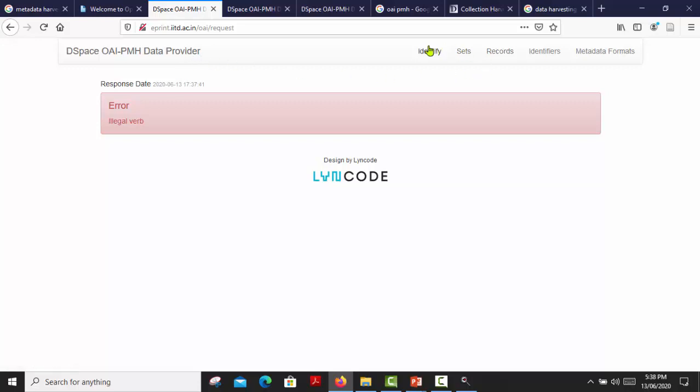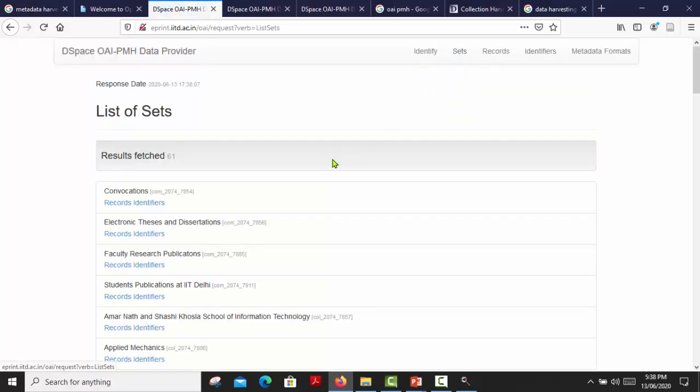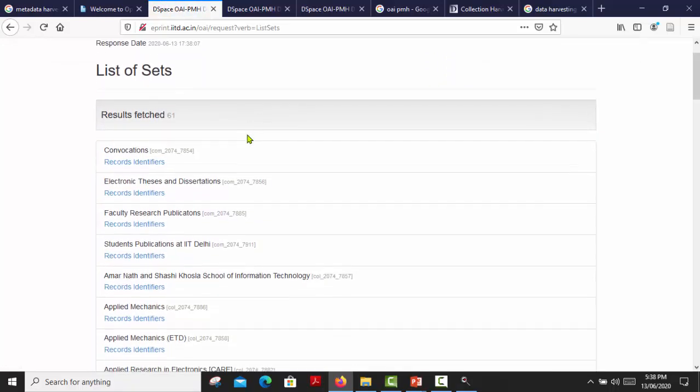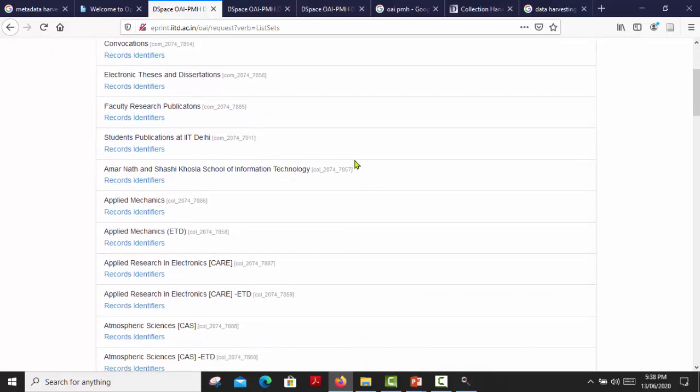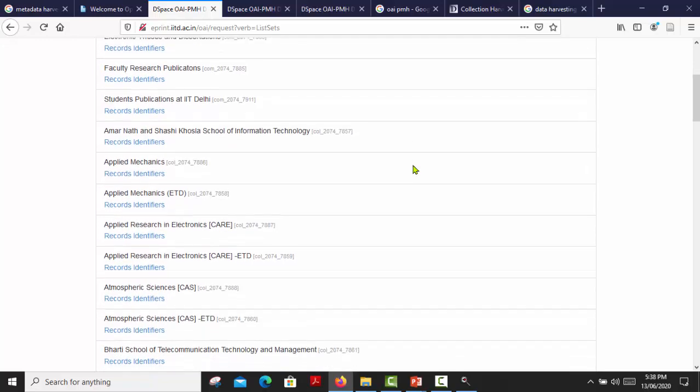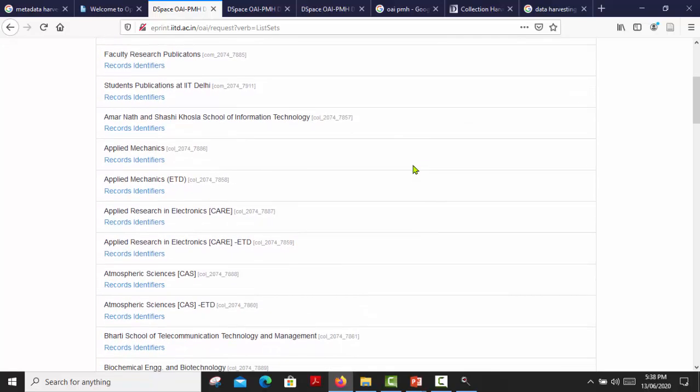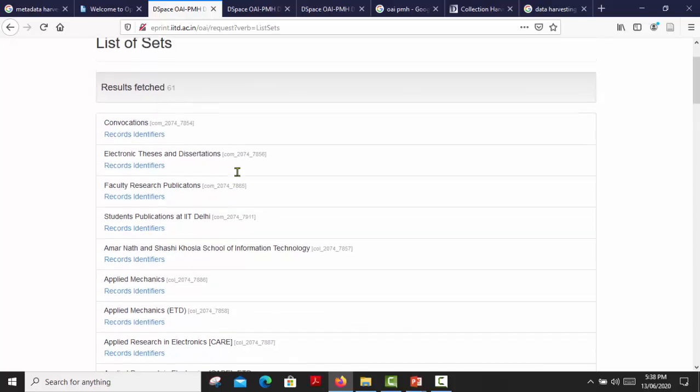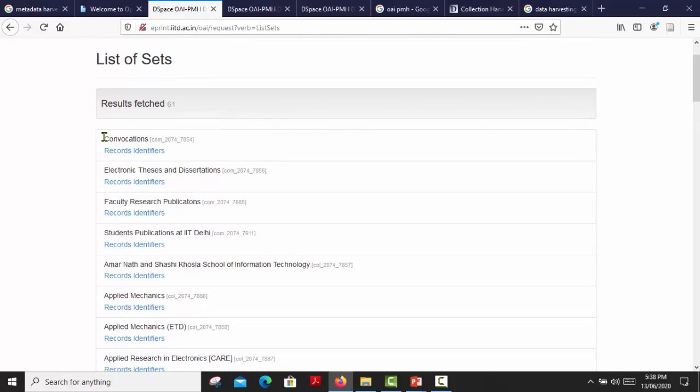The important thing here is the sets. Click the sets and you get the details about the categories and collections in that repository. In every collection or community there is a code ID.